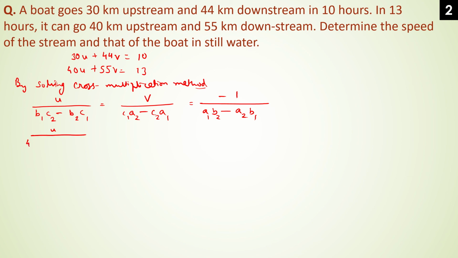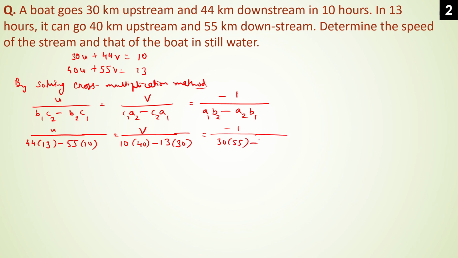So we get 44 into 13 minus 55 into 10 equals to v upon C1A2, that means 10 into 40 minus C2A1, minus 1 upon 30 into 55 minus 40 into 44. So we get u upon,